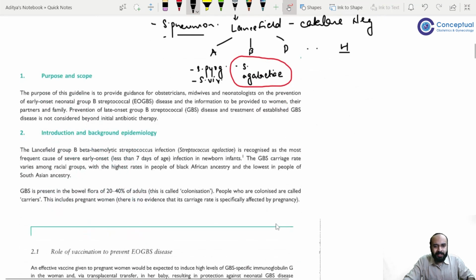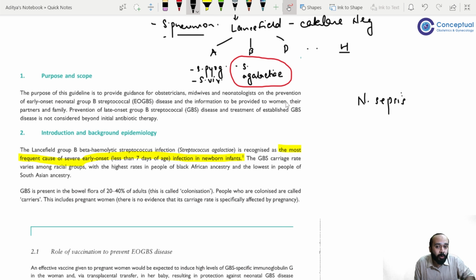So the first question is, such a specific thing, Streptococcus B, Group B Streptococcus, why do I need to discuss it? So the intention is that it is recognized as the most frequent cause of early onset infection in newborn infants. So if I'm going to be talking about infection in infants, or what I can also call neonatal sepsis,